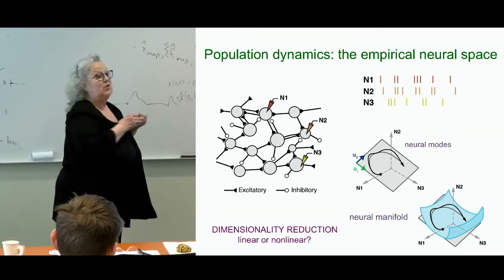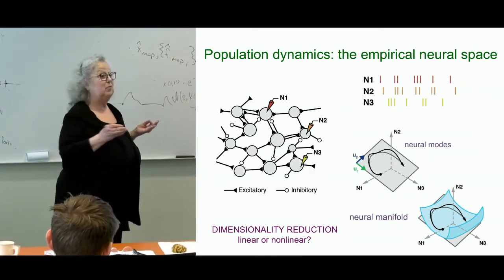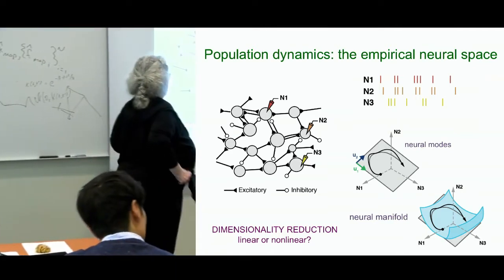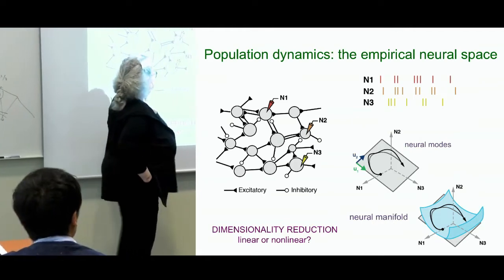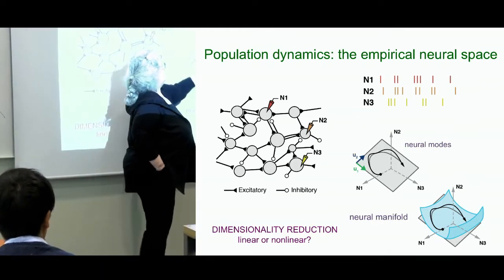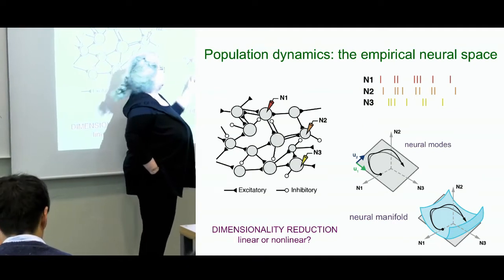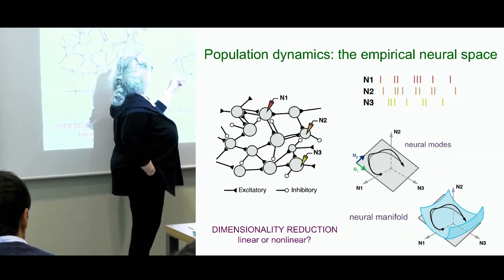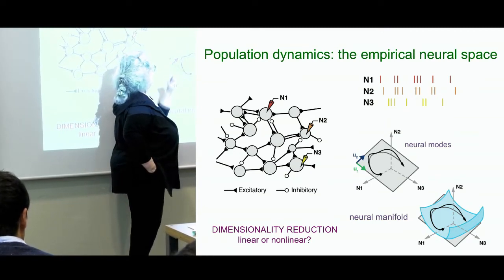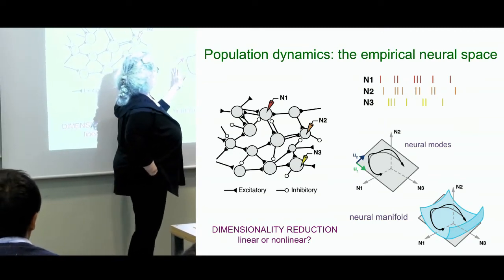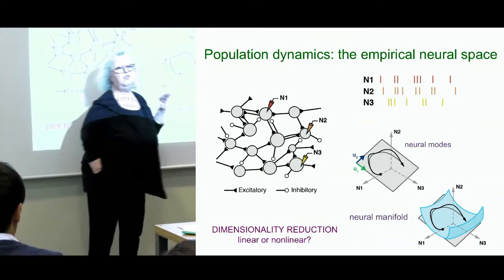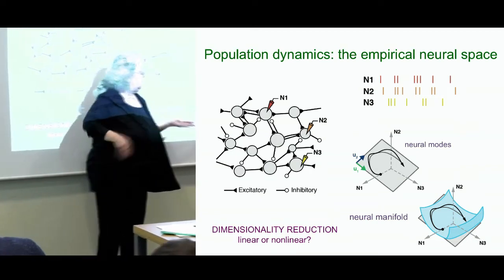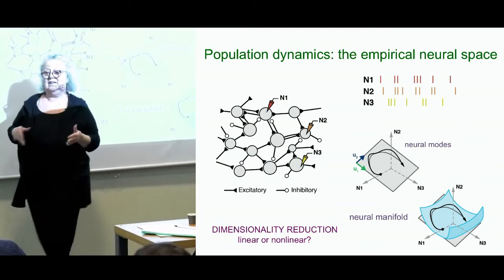very consistently confined to these low-dimensional manifolds, which are embedded in the high-dimensional, in the empirical neural space, in the ambient space. And one of the big things that we need to discuss is whether these dynamics occur in a manifold that is flat, like this, so I can find it using a linear method for dimensionality reduction. In that case, I can find 2 modes, like U1 and U2, as I showed you in the previous slide, that are sufficient to describe the whole flat subspace, right? They provide the basis for the whole subspace,